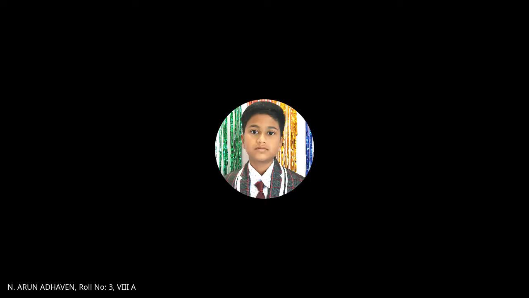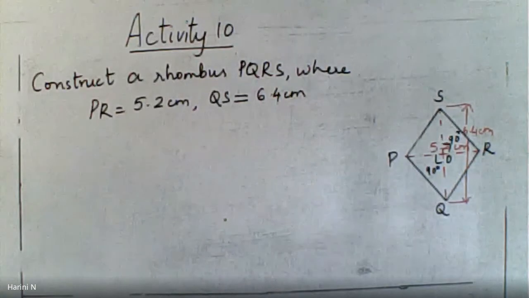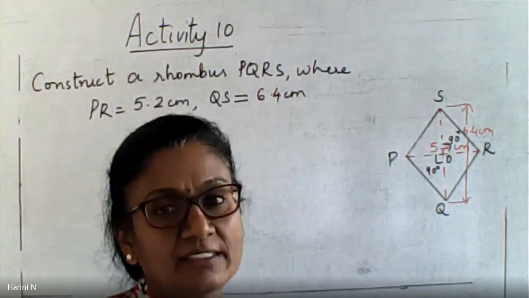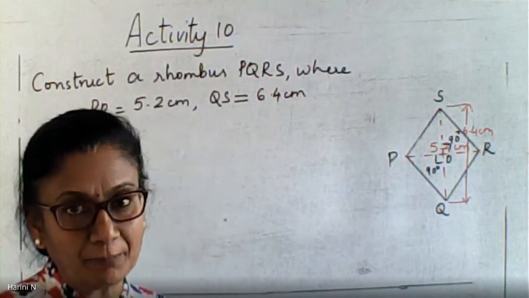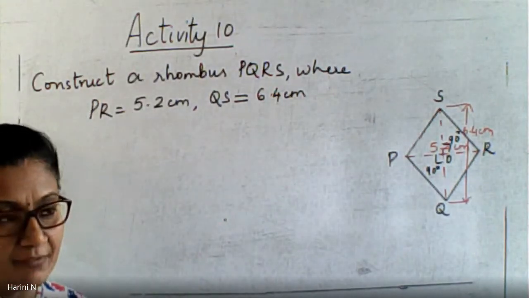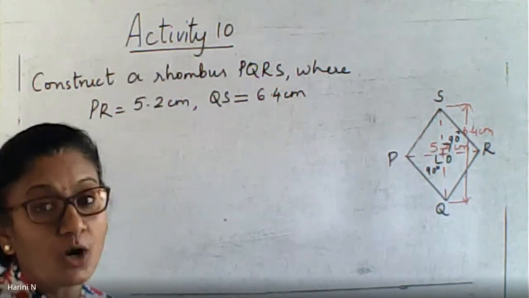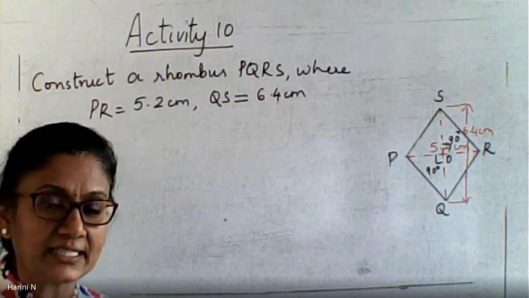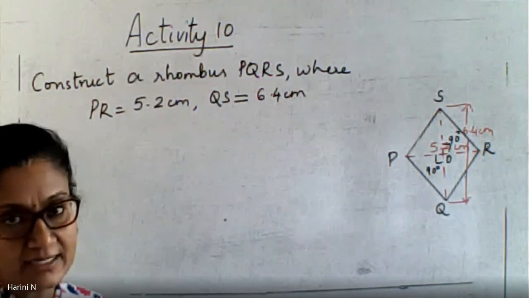Listen to me carefully. Ma'am, here, it is given as 5.2. We can divide it by 2, ma'am. When it is given as 3 centimeter or 3.1, how can we divide by 2? That is why I am going to show you how it is to be divided. We are not going to start measuring on the scale. There is something called perpendicular bisector. If a line segment is given, you are already taught how to construct a perpendicular bisector for a line segment. I think class 7 you must have done this.